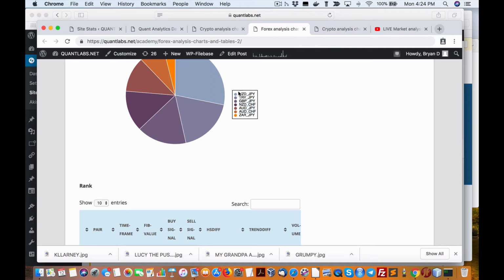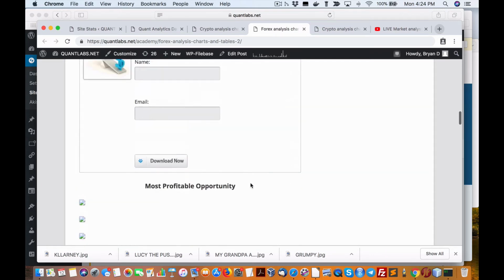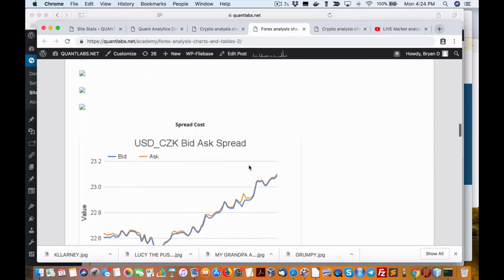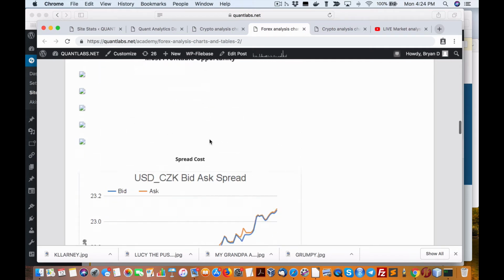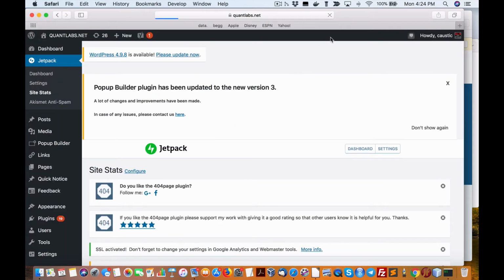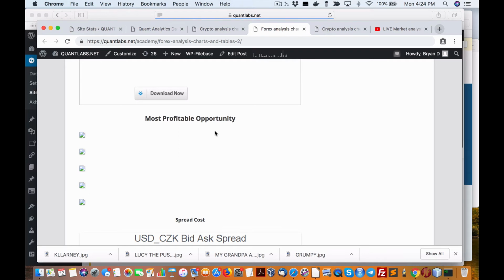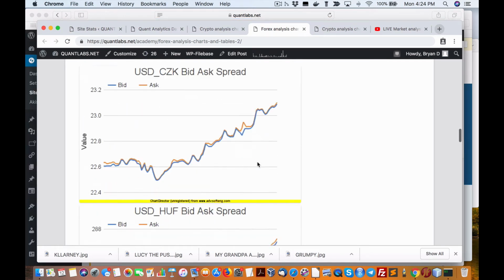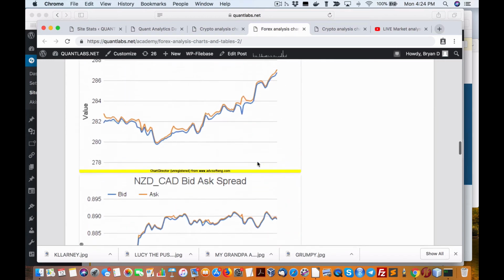Now, we've talked about spread cost. Okay, here's the ranking. I'm not going to get into that. Same idea as the reports. Wow, check out, none of these charts came up. That's pretty pathetic. I can't deal with that. Let me just try one more time to refresh that. Maybe it might clear up. I have no idea. No, it didn't. Okay, once I get that fixed up, we have to work on that. Anyways,